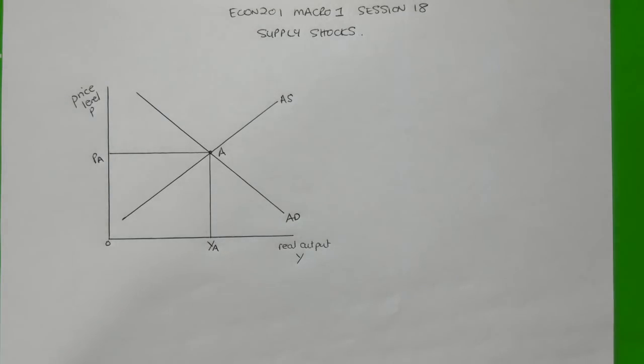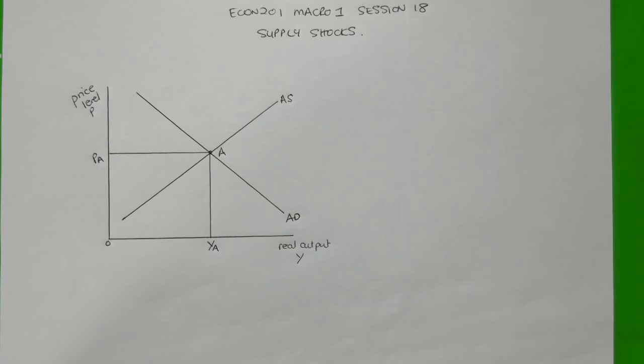Hi everyone, so this video is going to look at the effect of supply shocks on the economy. Specifically, I'm going to be talking about negative supply shocks, and we will look at two possible response mechanisms to a negative supply shock. The first is known as a natural adjustment mechanism, whereby there is no intervention from either government or from the Reserve Bank. And the second would be known as accommodating the supply shock, and that would involve some intervention from either Treasury